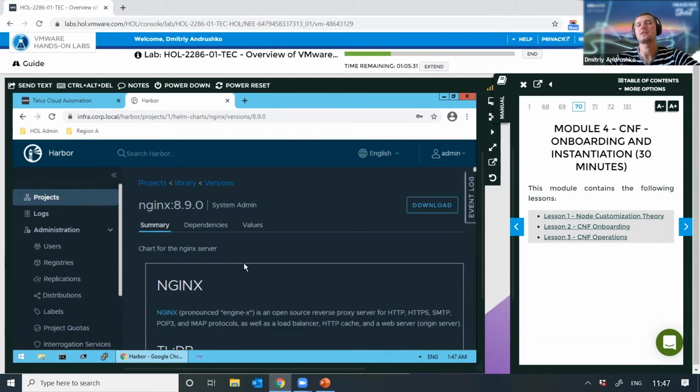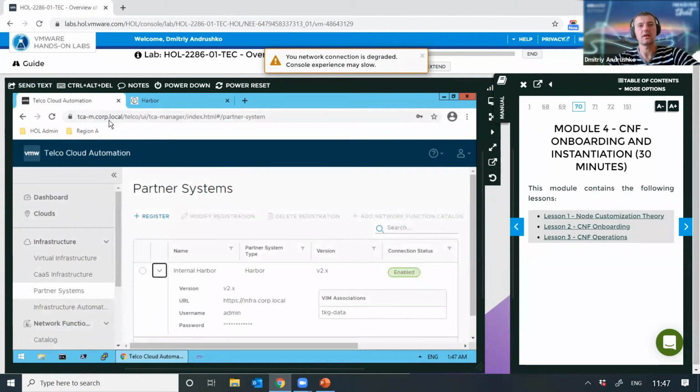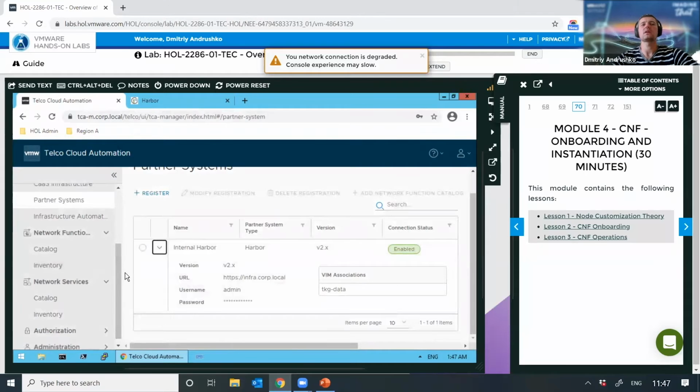It means this Helm chart is coming from open source, and you can review it at GitHub and check which parameters are accepted by this network function. Okay, so Harbor is here. It is integrated with TCA. And now let's move to the network function